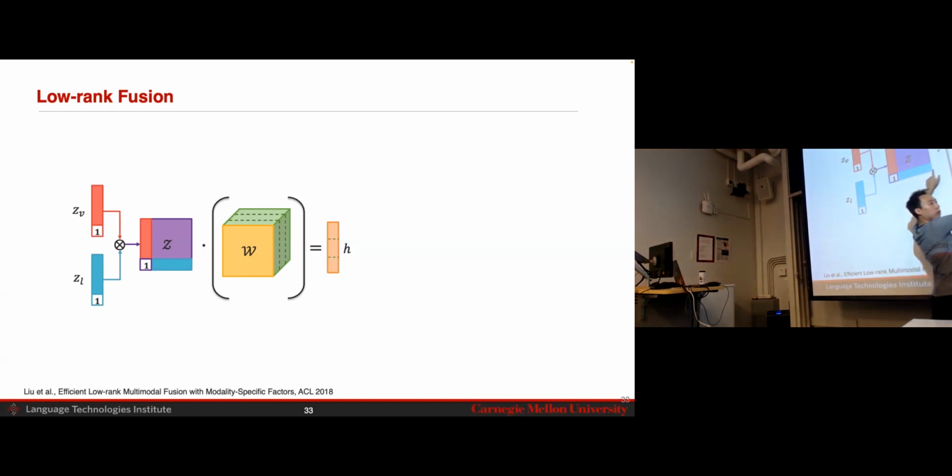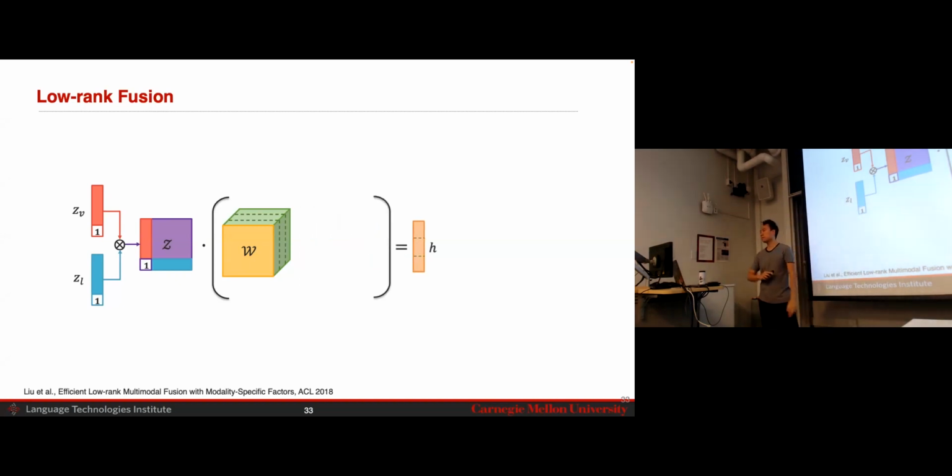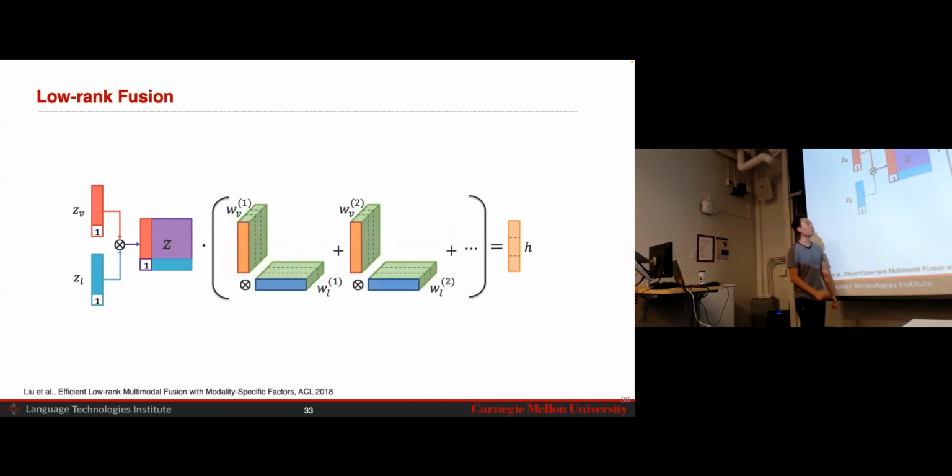And if I have a next layer of my neural network called H, this weight matrix is going to be expensive. It's going to be whatever dimension this matrix is, multiplied by the number of dimensions in my H. So that's going to be expensive. I can actually decompose this into a product of individual outer products of these